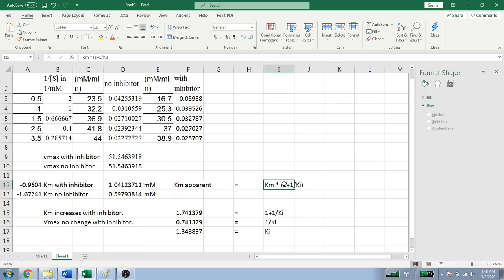It seems from the formula that the Ki should be units of 1 over millimolar, so that you could get... no, the Ki should be unitless, because we're adding it to 1 here, and 1 is unitless, and we have to end up with millimolar for Km apparent. So Km is already millimolar, so millimolar times 1 over millimolar would be millimolar squared. So I think Ki formally in the math should be unitless,